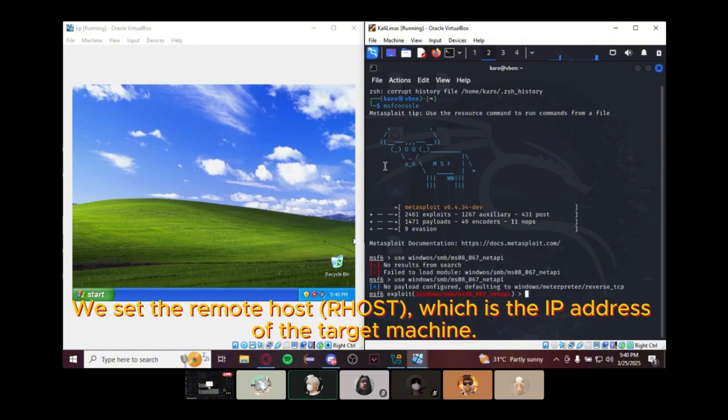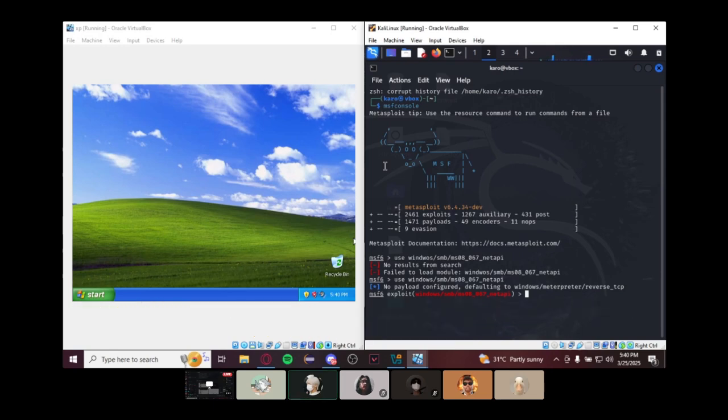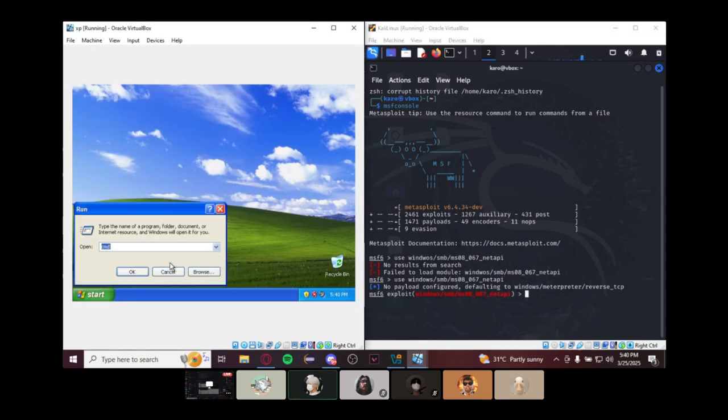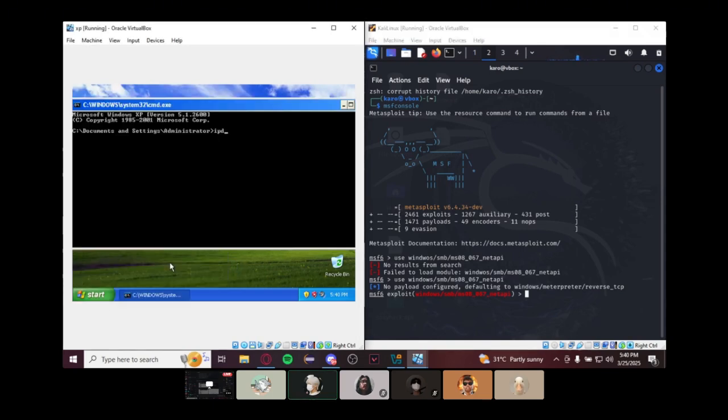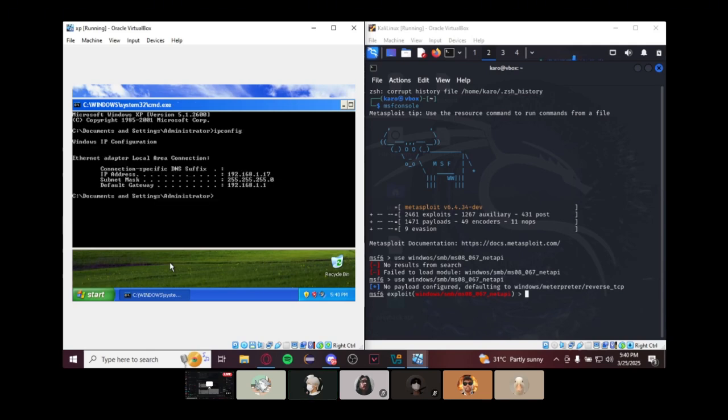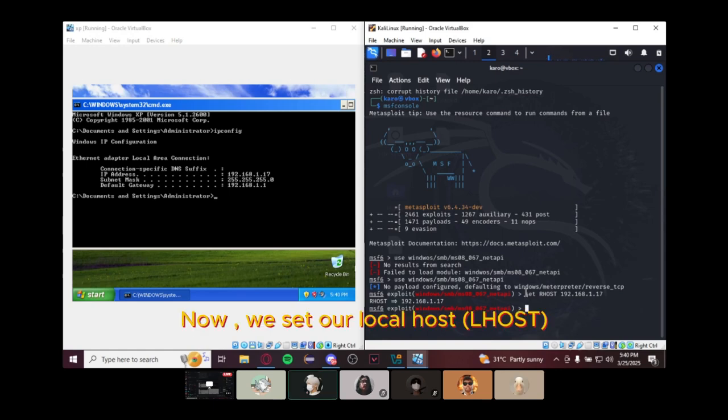We're going to set the remote host, which is the IP address of the target machine. The IP of the target machine. Then localhost.